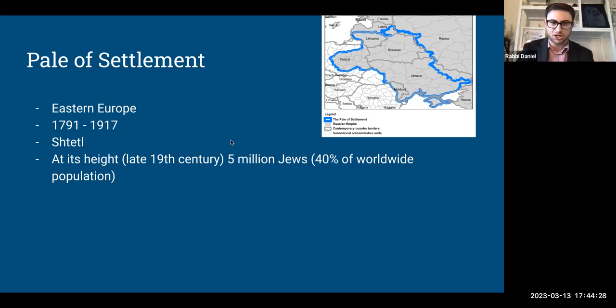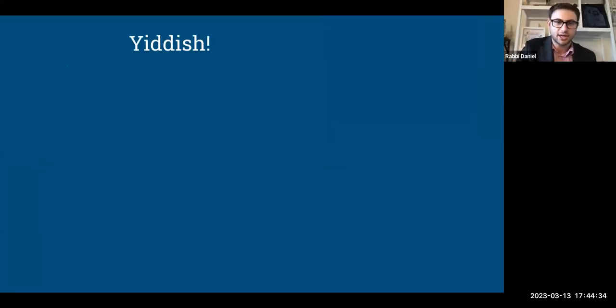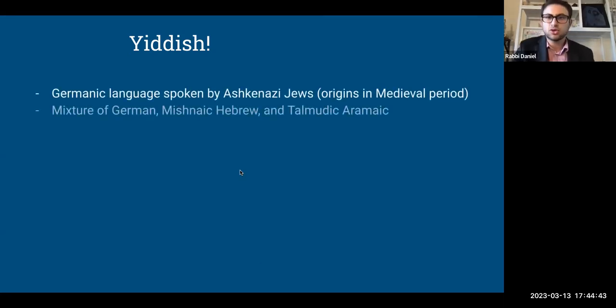Just one such area that I wanted to zoom into, and then we will quickly travel west back to Western Europe, is, of course, Yiddish culture, where I really could have stuck this in at any previous class, because Yiddish, of course, started in the medieval period. So it's not that Yiddish was invented in the Pale of Settlement, but it, of course, was the go-to language